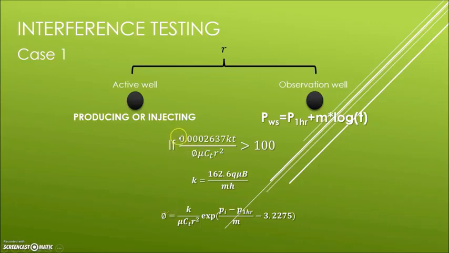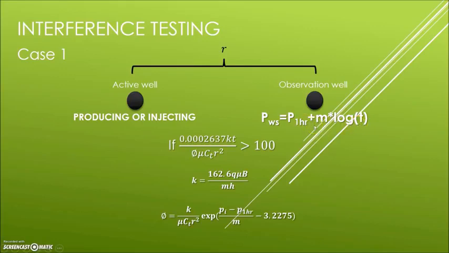So you calculate for the value of 0.002637 times the permeability that you have calculated times time over porosity that you have calculated times viscosity times total compressibility times the radius or the distance square. If this value is greater than 100, then only you can use the formula PWS equal to P1HR plus M